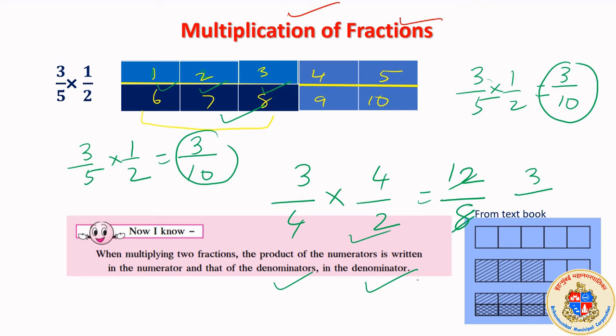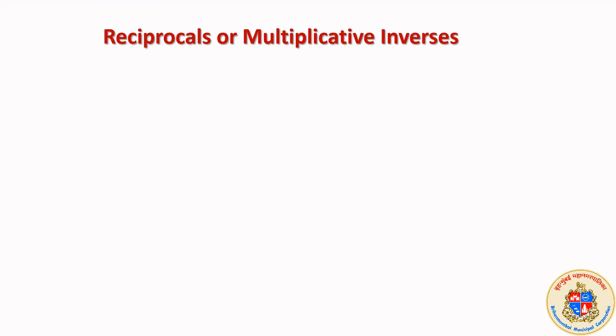This picture is from your textbook, where they have explained how it is. Look at it. It's very simple, as I explained to you. Here there are 5, this one, and marked 3 out of 5, and that is further divided into 2, and you got out of that 3 out of 5 into half, and halved it, and then we are getting this much. This much is special for us, and this is equal to 3 upon 10. You can look into the textbook, because that will help you to get the idea very clear.